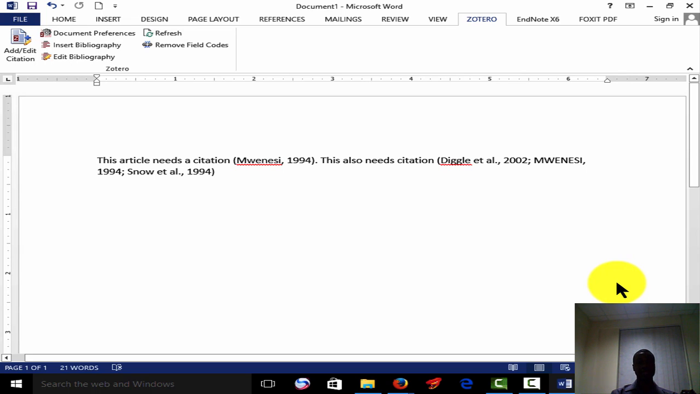Looks like it's going to appear as you listed them, or appear chronologically or alphabetically. Over here, I think I'll have to get back to see which ones I entered. But it looks like I added Diggle first before Mwenesi and then Snow. But maybe we can just go back and put them in a different order and see if it's going to let them appear